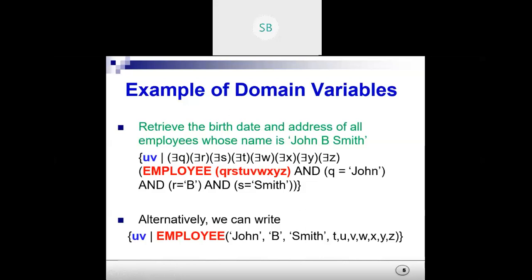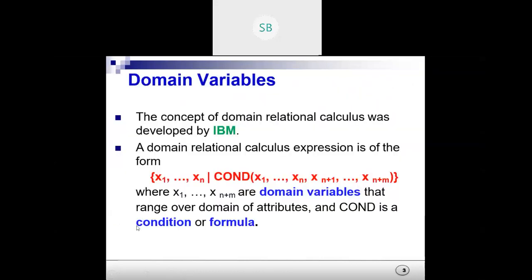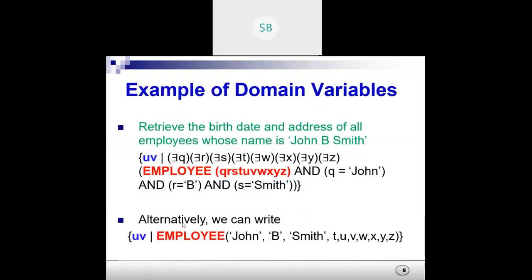If you think this is a very complicated way, and we don't understand it simply by going by the syntax, you can simply write it in this manner also. In this case, you directly replace the variables instead of writing "there exists" and everything again, repeating all this. You mention it in the condition part only: you just change the variables with the actual names. Okay, so this is how you do it.